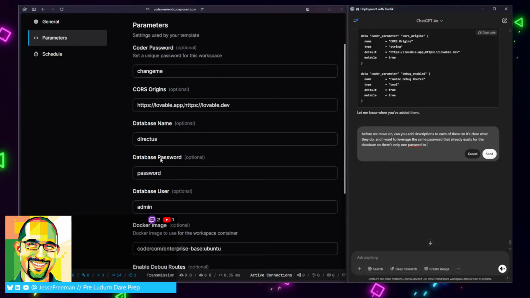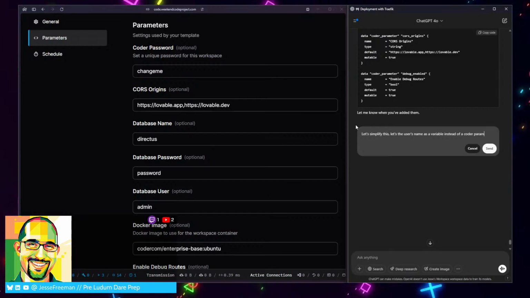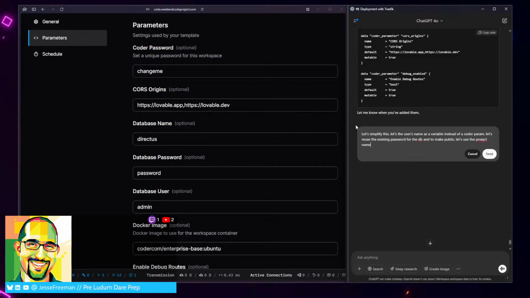So what I'm actually thinking of doing is I want to simplify this. So let's do this. Let's simplify this. I want the user. Let's use the user's name as a variable. A variable, huh? Variable instead of a coder param. Let's reuse the existing password for the DB and to make public. Let's use the project name as the